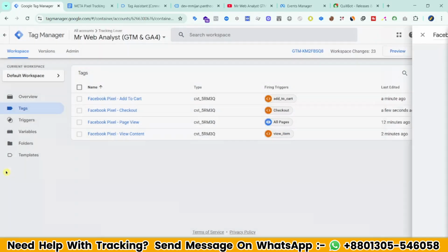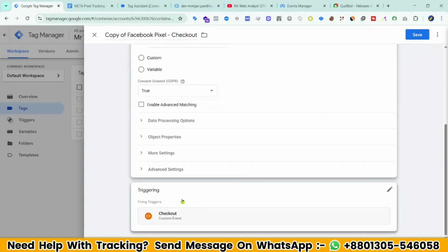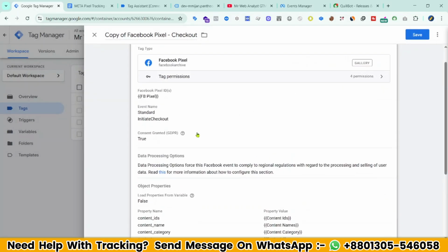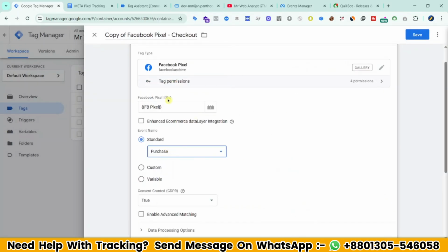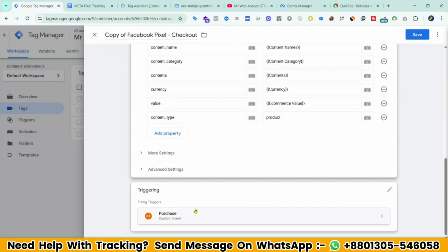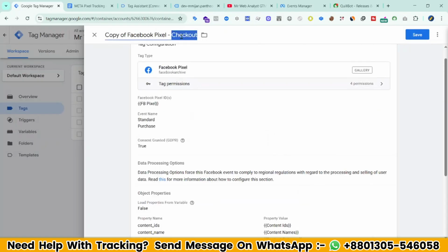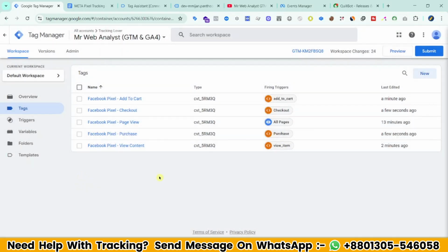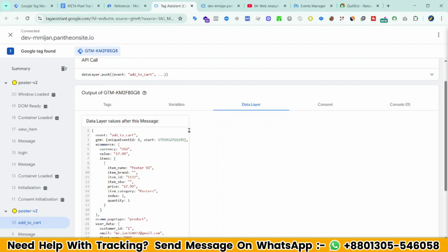Okay, for purchase, copy, change the trigger, event name, the parameters are same, and purchase. Fine, then save. Okay, so before testing these events, I would like to, you can see this is our data